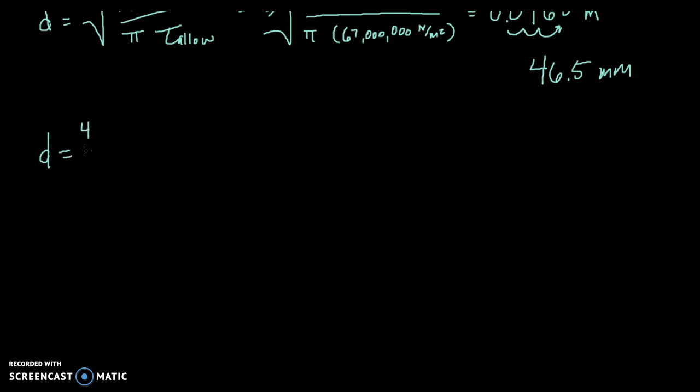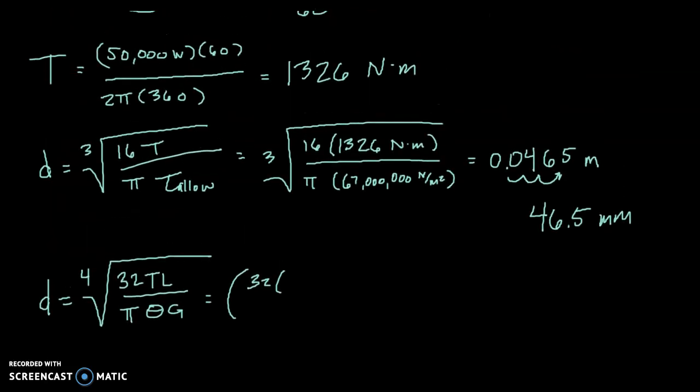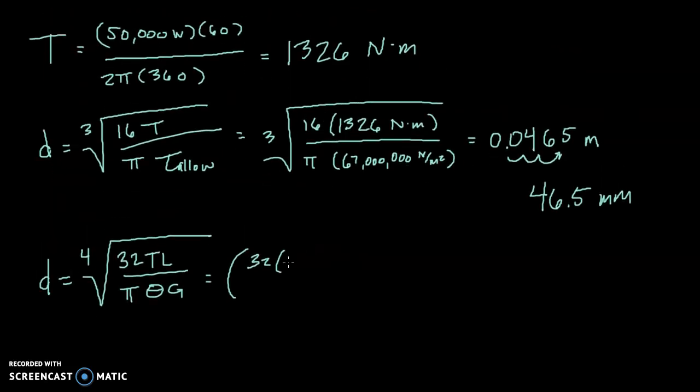D equals the fourth root of 32TL over pi theta G. So this is equal to 32 times the torque, which was 1326 Newton meters, times the length, which was 1 meter, divided by pi